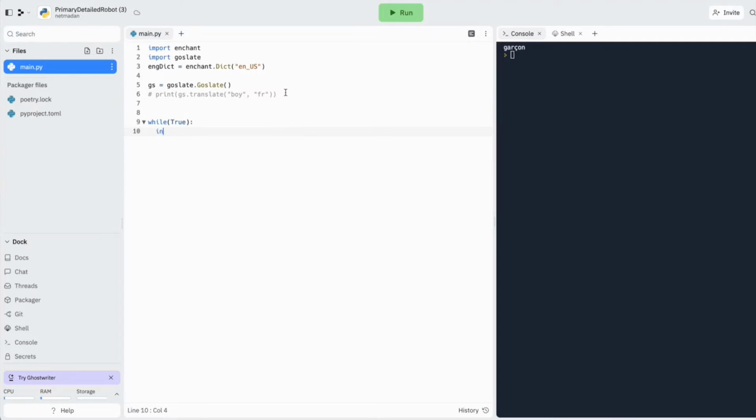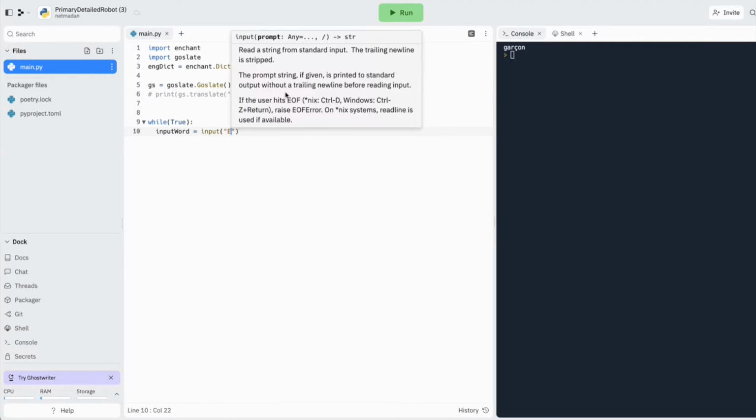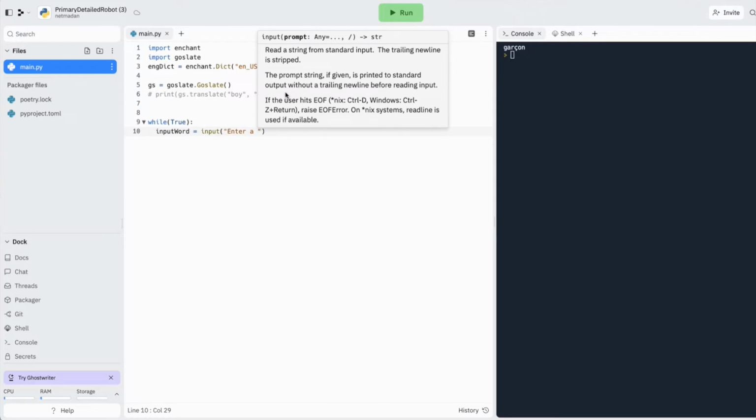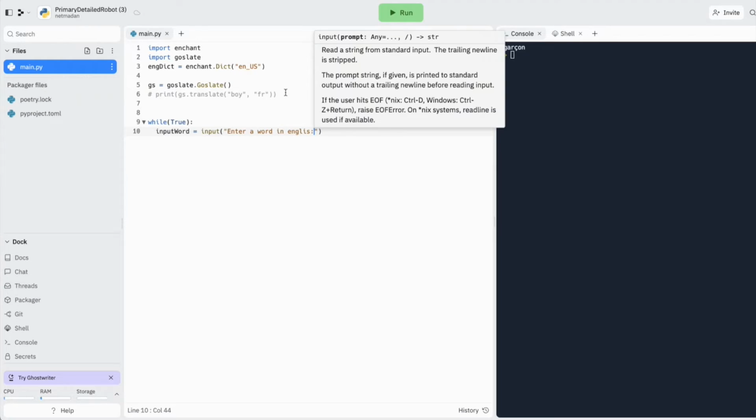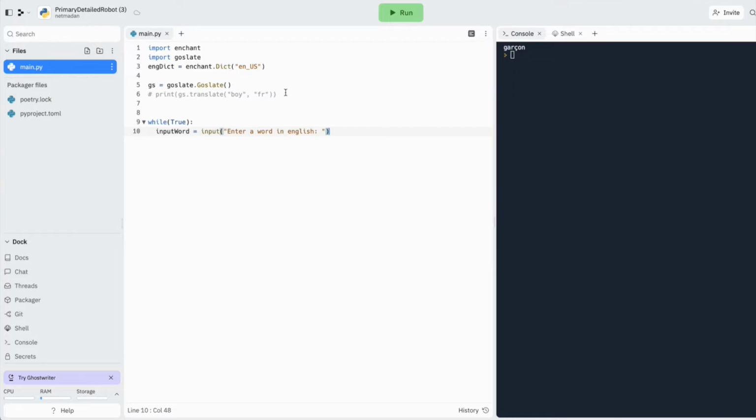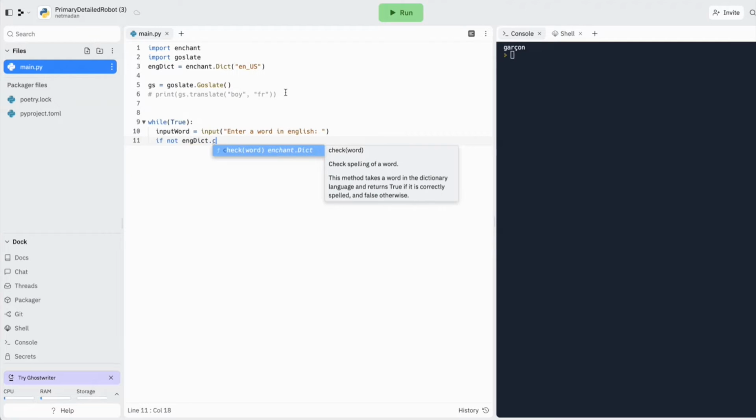First thing we want to do is ask the user to enter a word. So let's use the input statement, enter a word in English. Okay, now the first thing we want to do is check if this is a proper English word. So let's call our English dictionary dot check